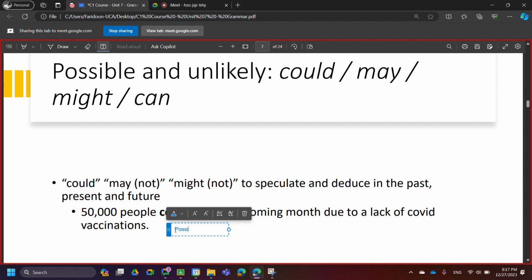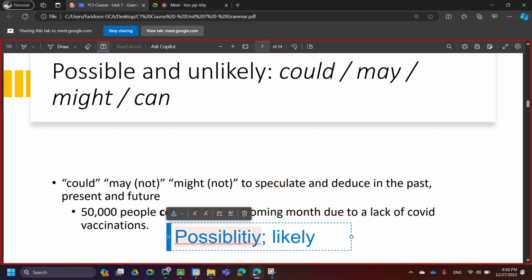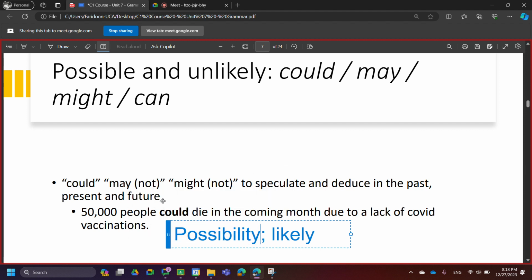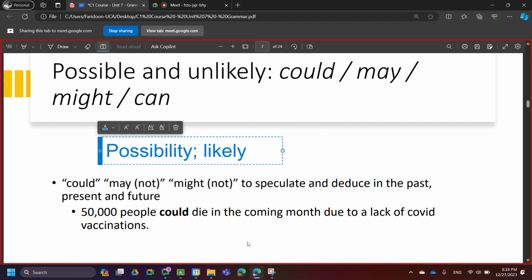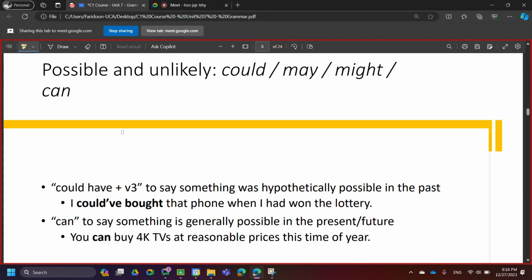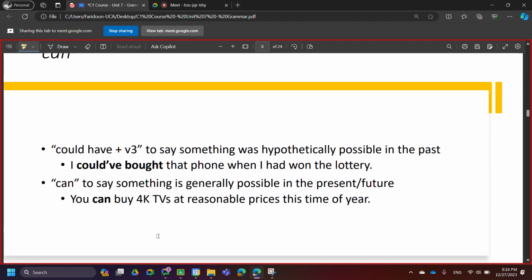So we're going to write it as a possibility, or at least we can say it is likely that it's going to happen, right? It's likely that people are going to die, like 50,000 people. So this is just a way of saying that. Okay, continuing. Once again in that category, so the remaining ones, you can use could have plus verb 3